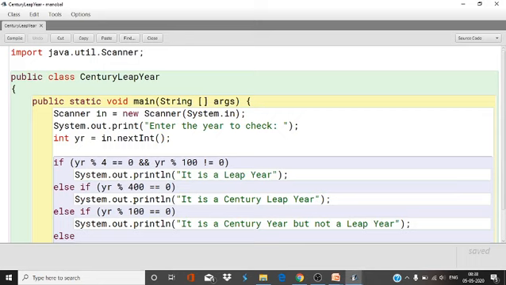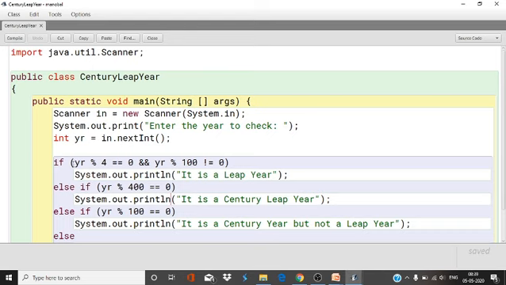Due to the lack of time, I have already written the code, and then I started recording the video, because it would take so much time. Now see, a Scanner class I have already taken. Class CenturyLeapYear. Now accept the year. Enter the year to check. So year equals sc.nextInt. Now